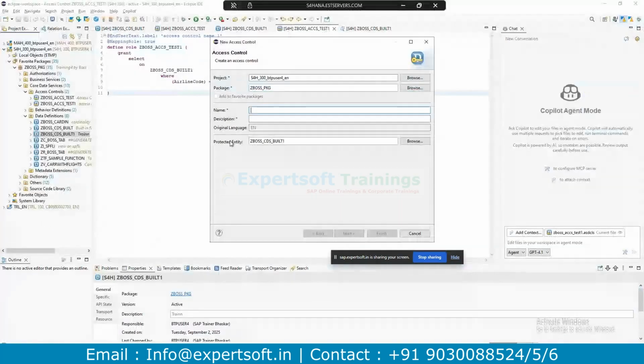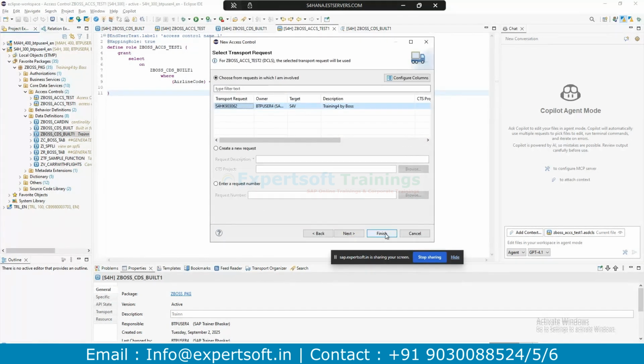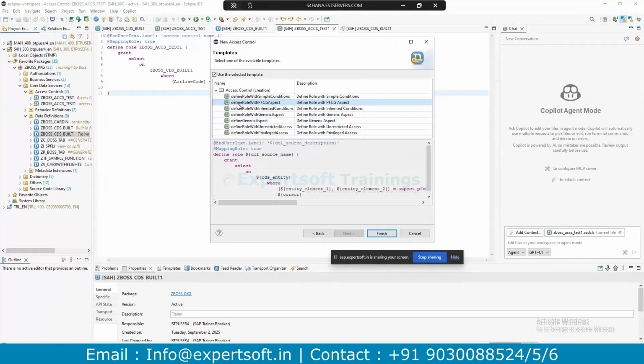Then the user template, role defined with PFCG aspect.